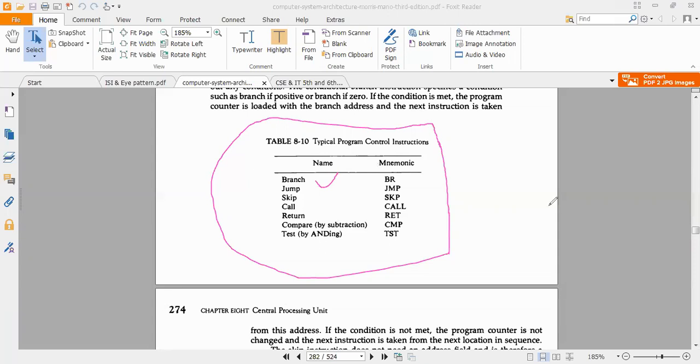I'm taking one example. See here, we don't have much time. So this is your main program, MP, and this is a subprogram, that is a subroutine. Now you have made a call. Suppose this is 4000, so call 4000. Suppose this is your 3001. Since the subroutine is at 4000, control will move to 4000. This will execute and at the end, what will happen? A return. The return must be there.